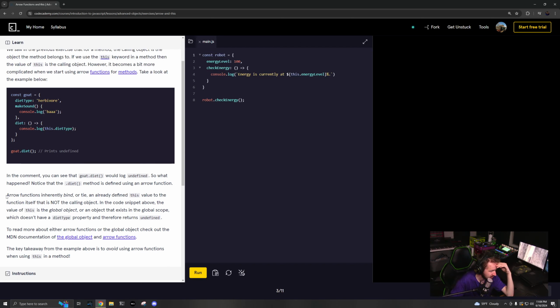Okay, I'm going to say that again. Arrow functions inherently bind or tie an already defined this value to the function itself. That is not calling the object. Okay, in the code snippet above, the value of this is the global object, or an object that exists in the global scope, which doesn't have the... Okay, so